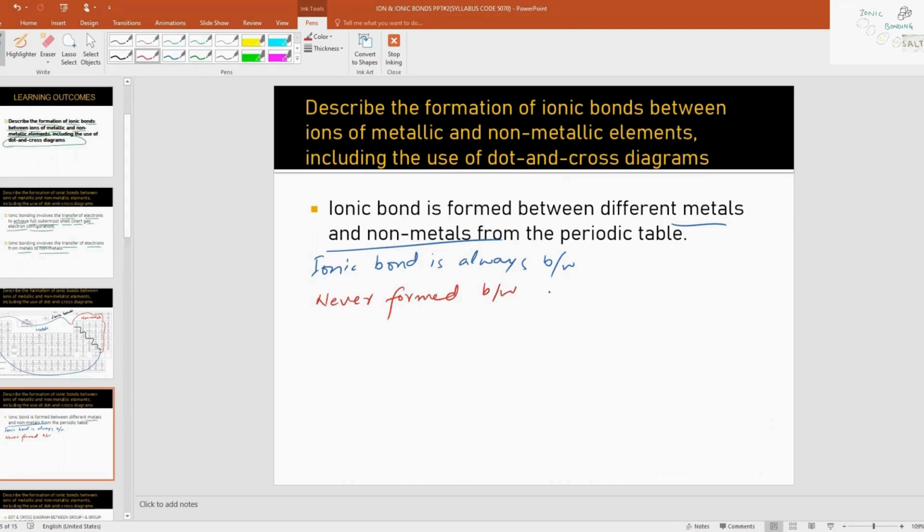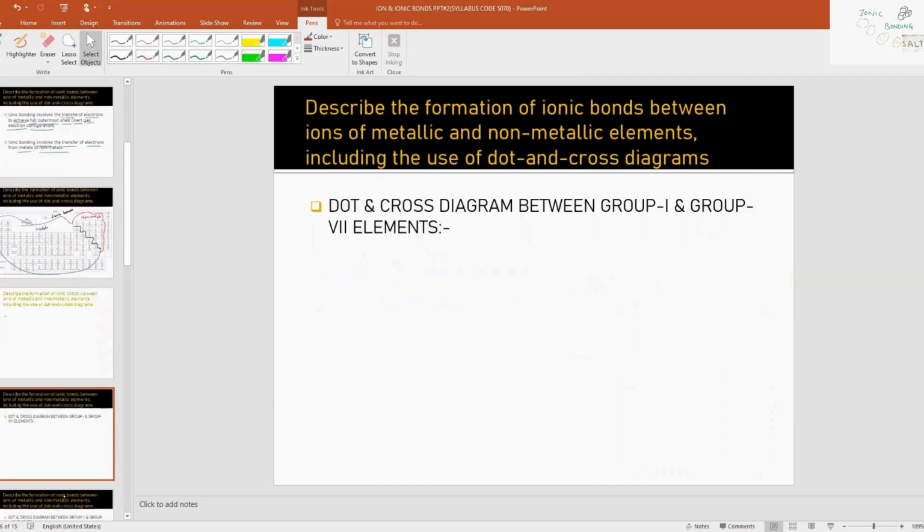Never formed between metal and metal or non-metal and non-metal. Well, let me show the ionic bonding by using a dot and cross diagram